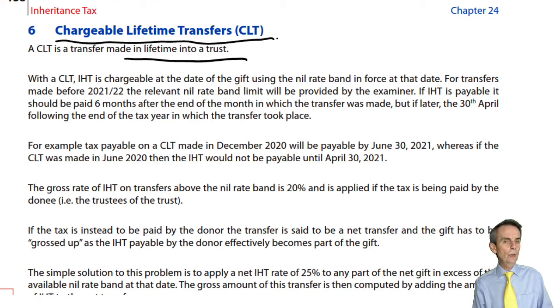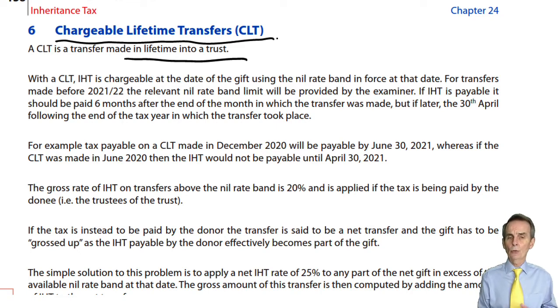But what we need to do now, before we progress any further, is to look at what would happen if we had, say, more than one CLT that occurred within the 7 years before the date of death, and we also had a PET? How would we deal with that situation, both in lifetime and also then on death? And that is why